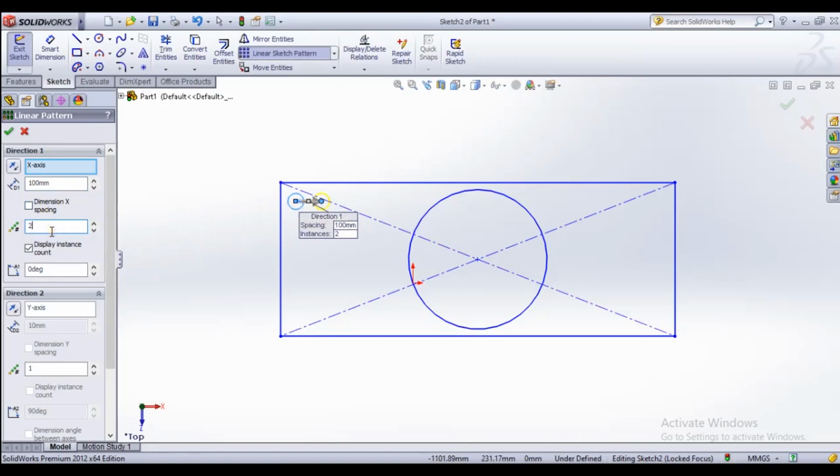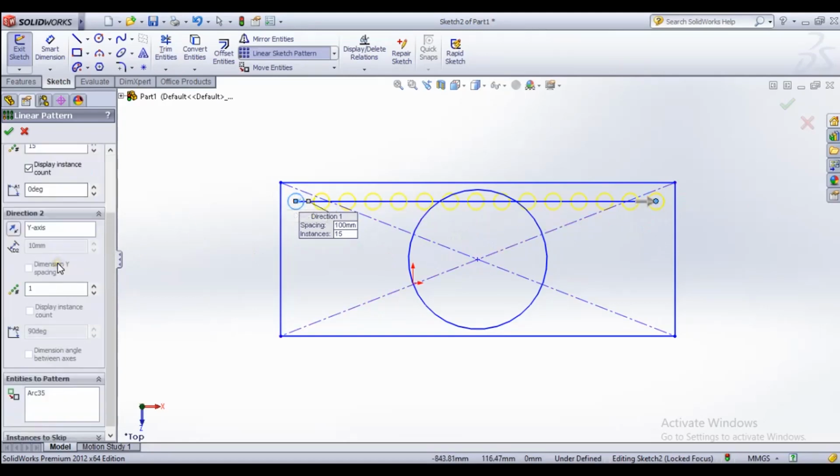2. No, I need 20. Let's see what happens with 20. Oh no, 90, 80, 60. Oh, that's right. Okay, 15 circles are there. Now I am going to use the y-axis in this area.